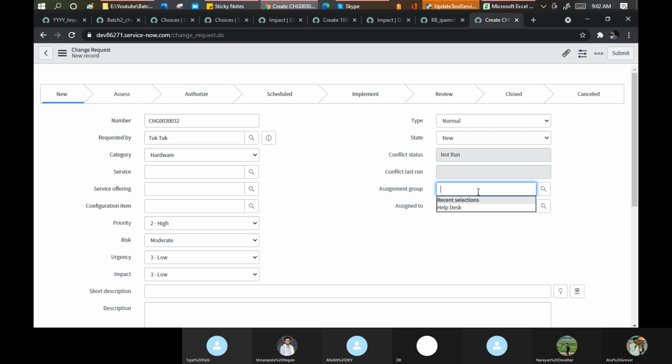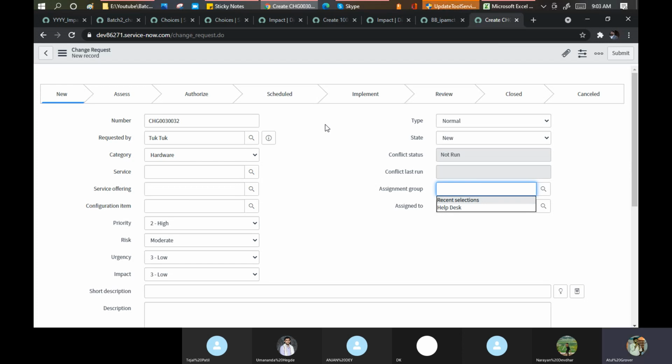Yes, sir. Simple requirement. In my data lookup, I want the category and priority combination, and on that basis my assignment group should be populated. Check. Then you need to define your data lookup table, definition, setter, and the matcher.